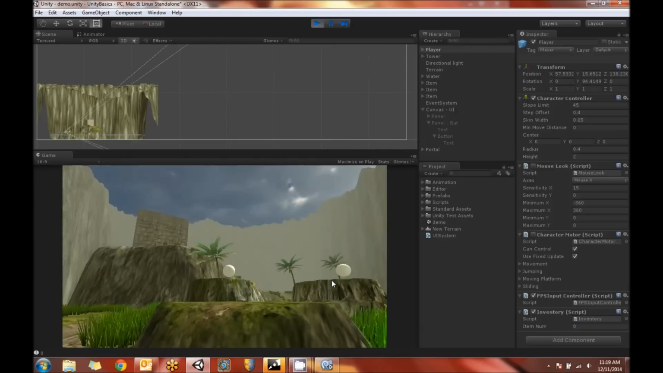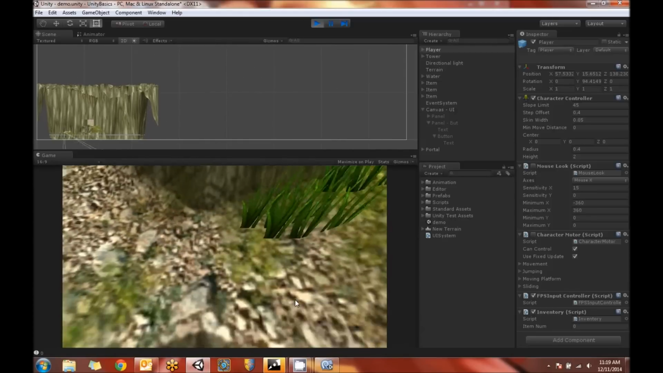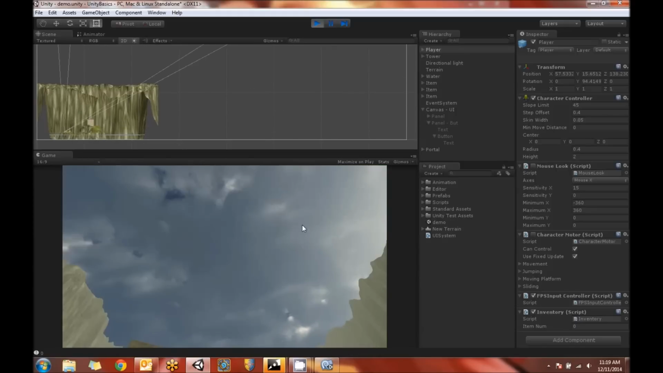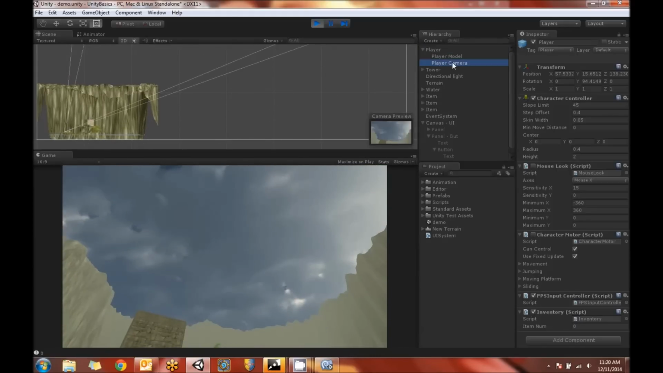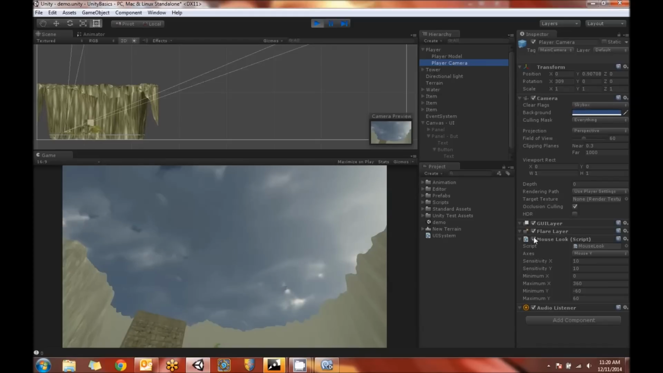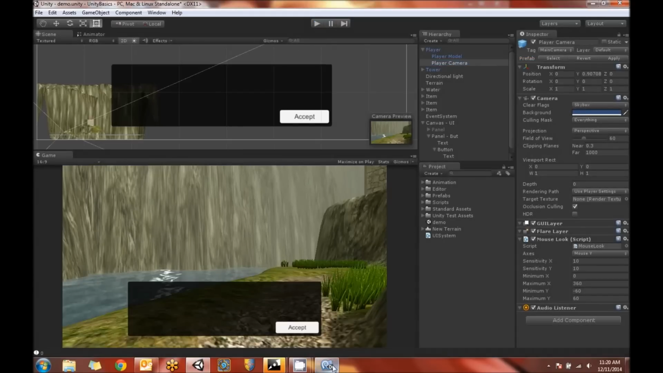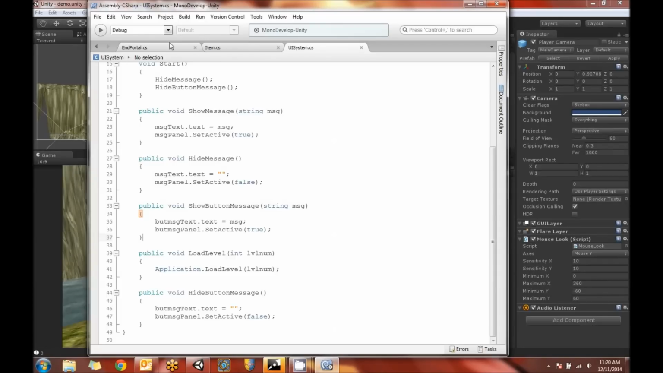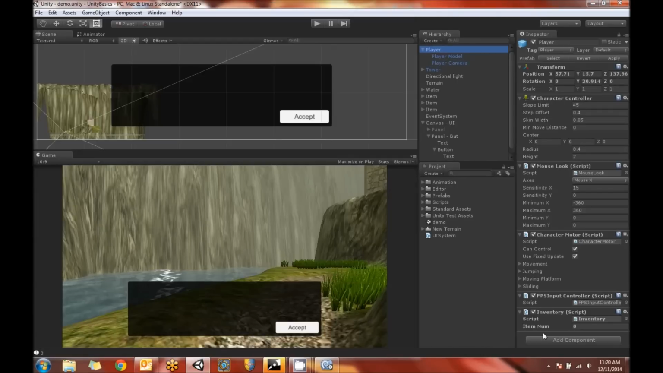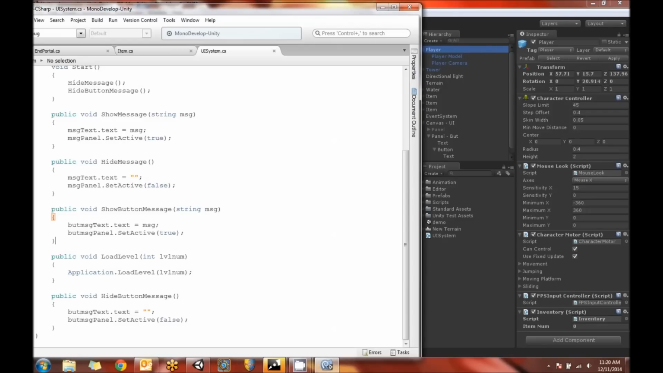That's not bad. That's the camera's rotation still working. So the camera has its own stuff on here, its own mouse look. So if I were to turn off the cameras too, then that would also work. So I can say if this message comes up and we know that my player has character motor and mouse look, I can get those components. So I can say if I show button message